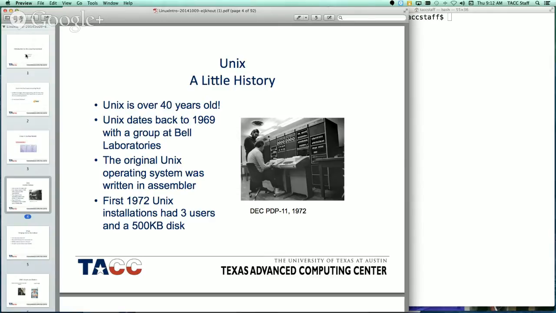Apple, after tinkering with different attempts at modernizing their operating system throughout the 90s, finally decided, okay, let's just take Unix and build something on top of that. And so even though you don't notice Unix when you're running your Mac, it is somewhere underneath because it's a very good